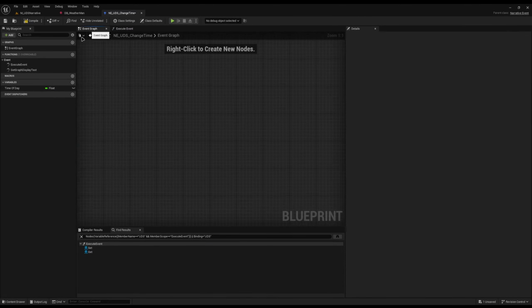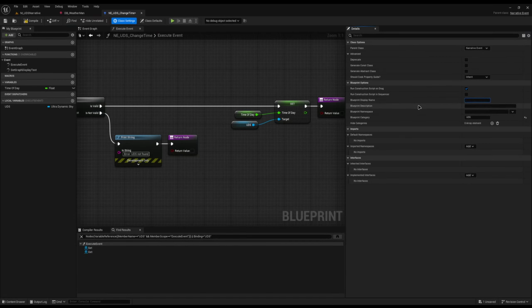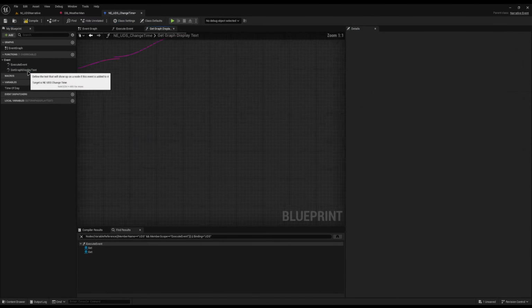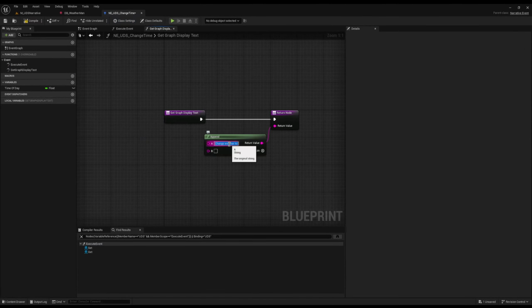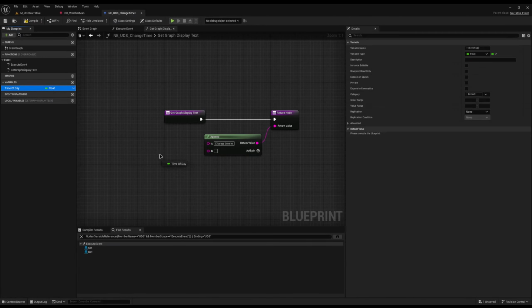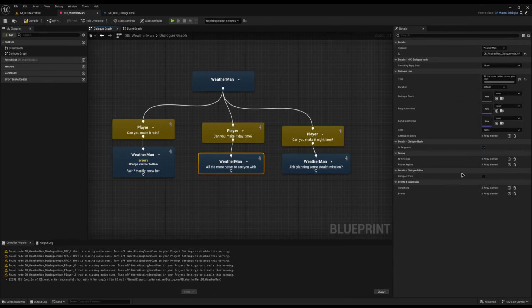Finally, we will come back to our class defaults. Let's set it here, change time of day, and then in our get graph display text, change time to, and we can drag in our time of day like so. So now we've got an easy event to add to each of these. So if we just add it into here, change time of day, we'll do it at the end again,